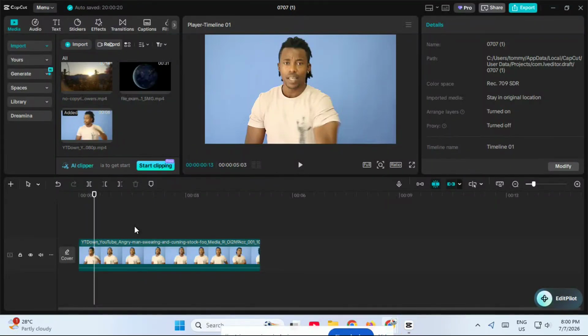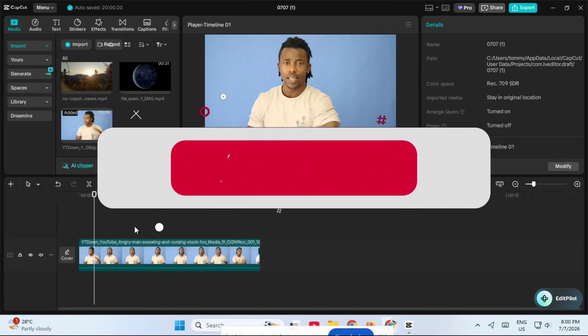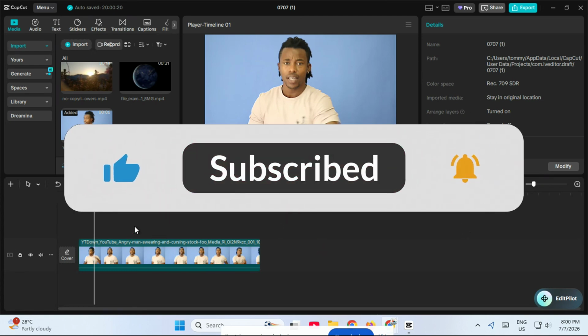In today's video, I'm going to show you how to motion track in CapCut PC step by step so you can make text, stickers, images, or overlays follow any moving object in your video with ease. This is a super useful editing trick for making your videos look more professional, more dynamic, and a lot more engaging. Whether you're editing content for YouTube, social media, or short-form videos, motion tracking can help your edits stand out